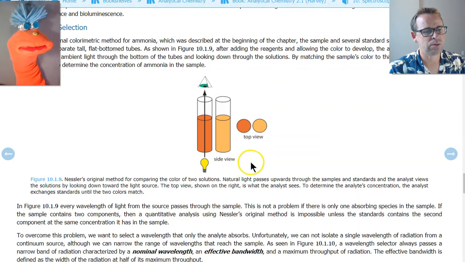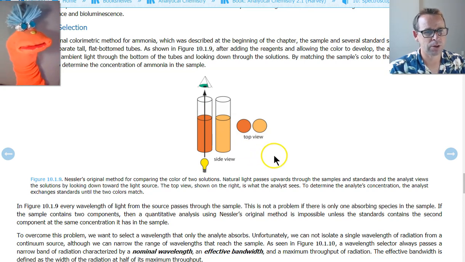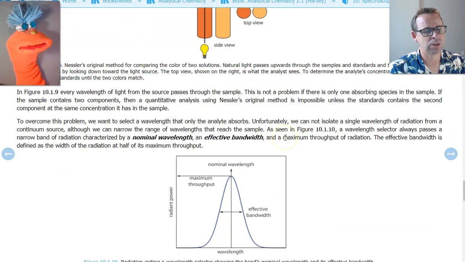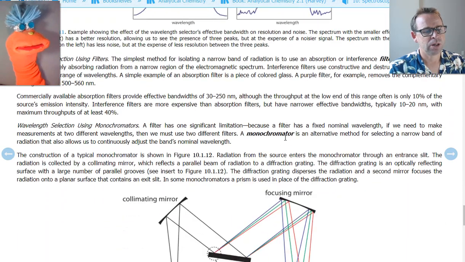So notice that if you look at two samples, depending on how you look at them, the depth of color will be slightly different. If you look at the side of a tube like this, as opposed to looking down it like this, the path length, the amount of light that's being absorbed, is different. Do you see that? Yeah, the path length. We talked about that. Path length is a component in Beer's law. All right.